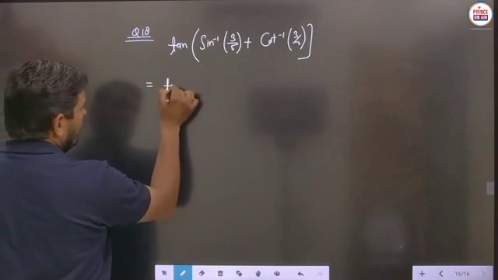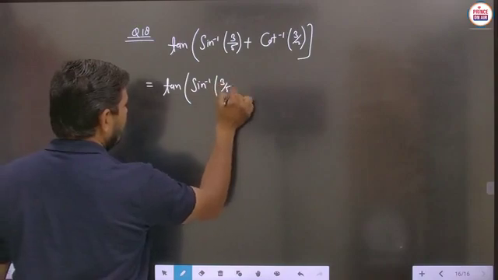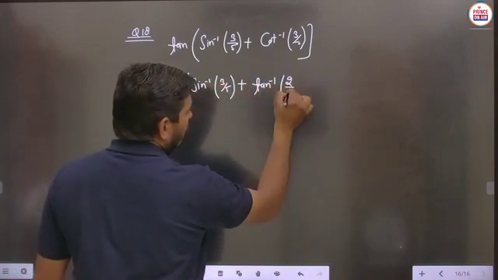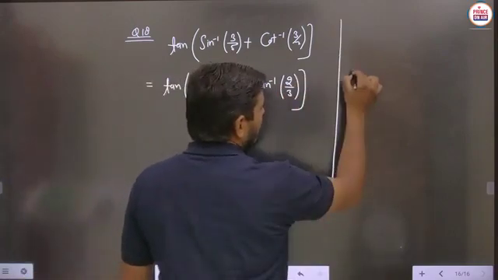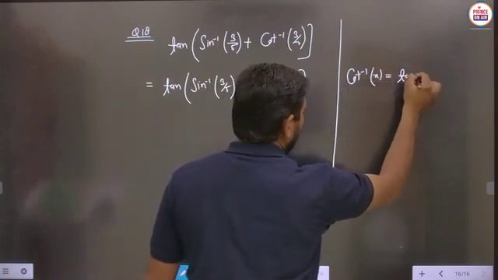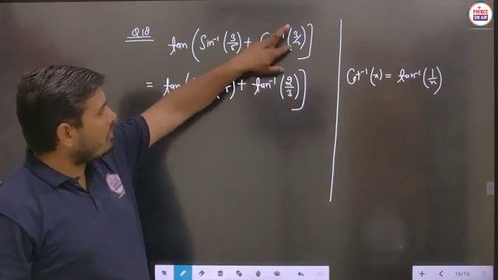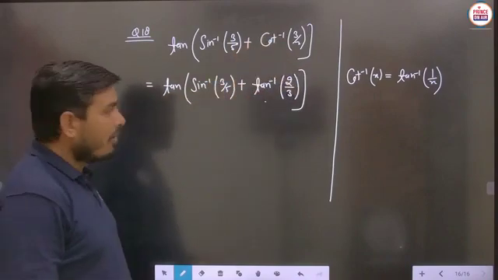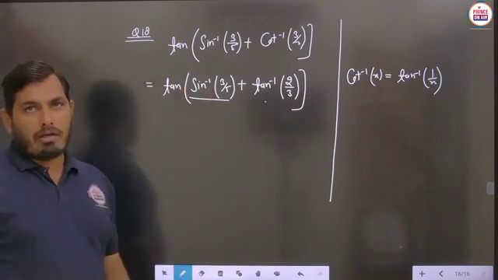So first of all we can write this part as sine inverse 3 by 5, and here this part gets converted into tan inverse, then it will become 2 by 3. First of all we have to keep in mind this thing, because you can use the property cot inverse of x equals tan inverse of 1 upon x. We have to learn this property. So if the reciprocal of this input is taken, then this cot inverse changes into tan inverse, no problem. But how can this part be changed into tan inverse?